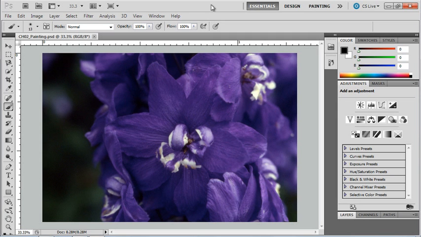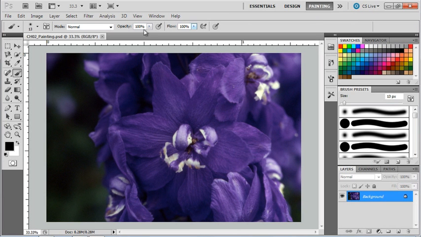Let's take a look at one of the new tools that's included with Photoshop CS5 to help turn Photoshop into a more painterly experience. First of all, let's switch to the Painting workspace. You can do that by clicking the Painting workspace here, or by choosing Window, Workspace, and then Painting. If your tools are not in a two-column mode here,